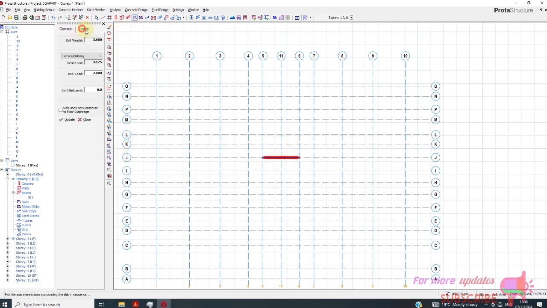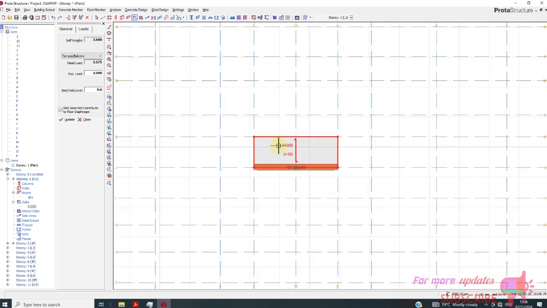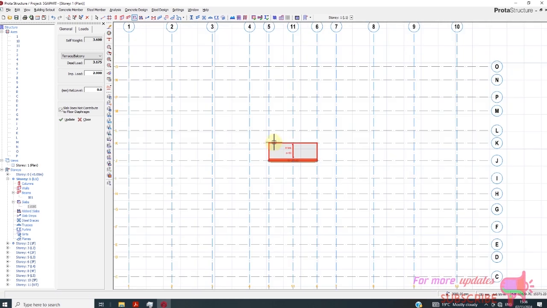Now this time, this does not contribute to floor diaphragm. It's terrace balcony. There, there, there, and there. This is landing 1. Then